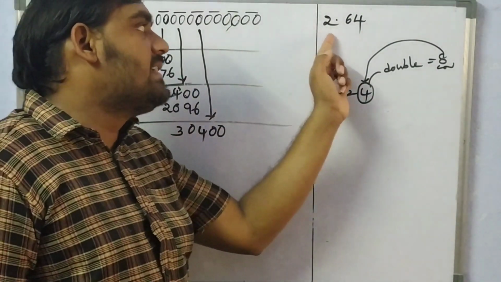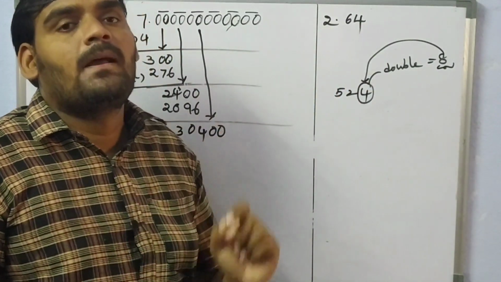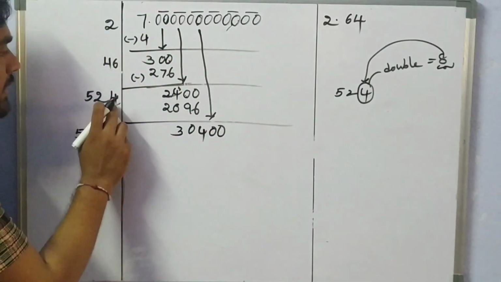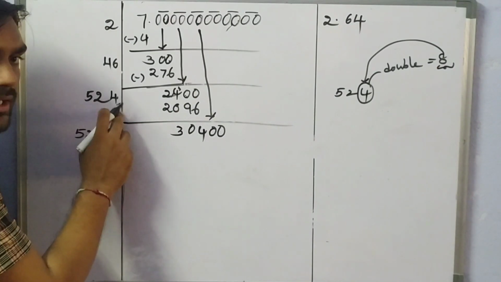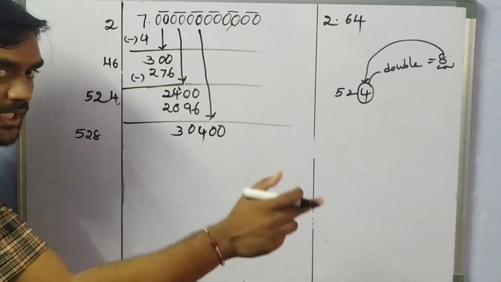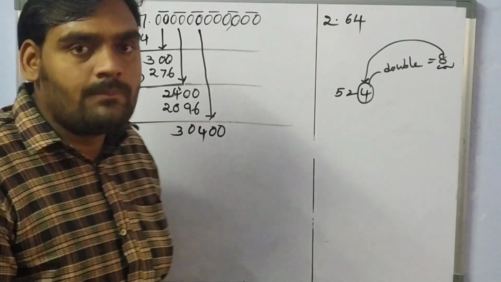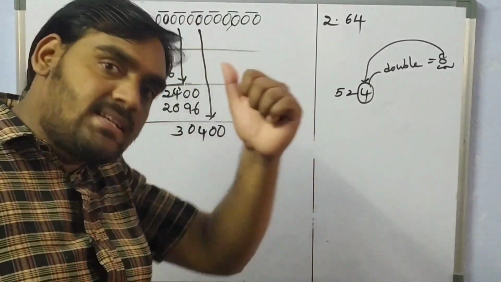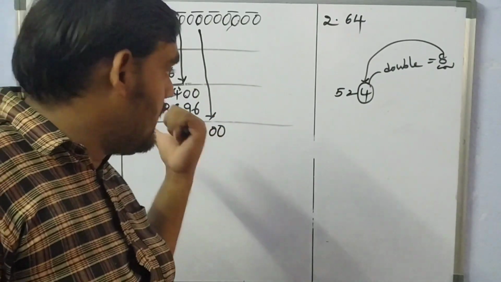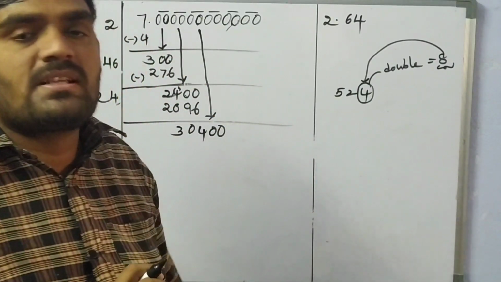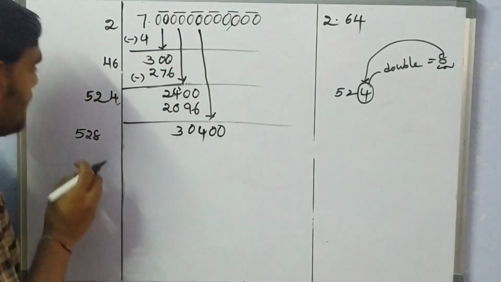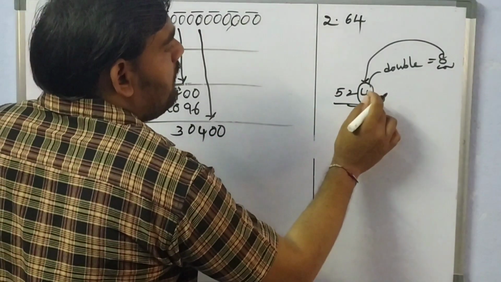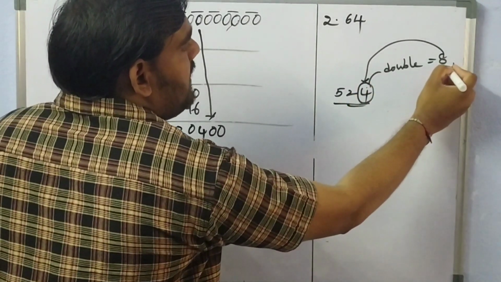Or else we can double the quotient. But if digits are increasing in the quotient, doubling the quotient will be a little bit difficult. So that only whatever divisor we got before this one, we need to take that one and double the last digit. If the result is a 2-digit number, the tenth digit must be given to the number, and the ones digit we must write as it is only. See here, now we got 524. When we double the last digit, it will become 8.